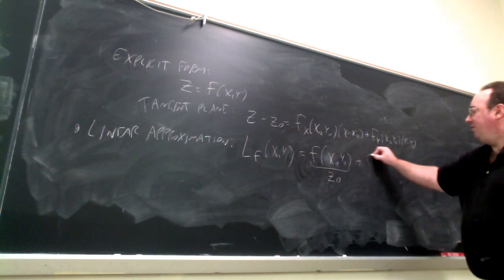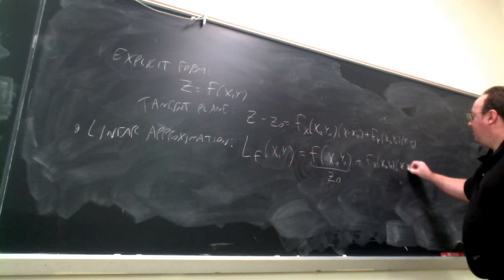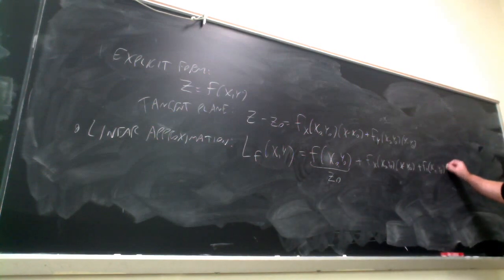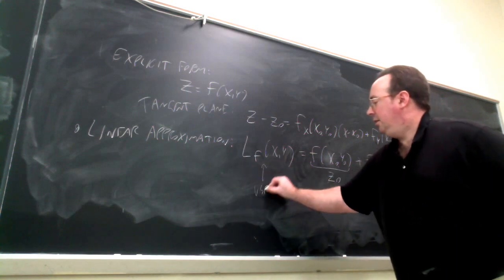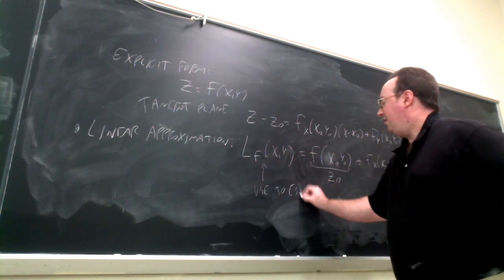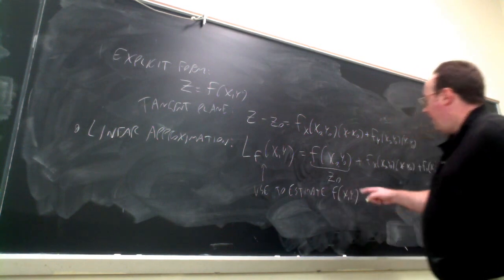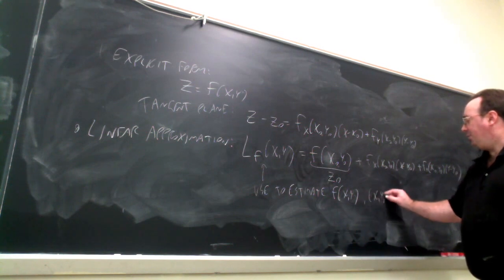Just slightly different notation. So still fx, change in x, plus fy, change in y. And so I would give you a problem where you compute this function first at a given point, and then use this to estimate f at a certain point, a given point that is near